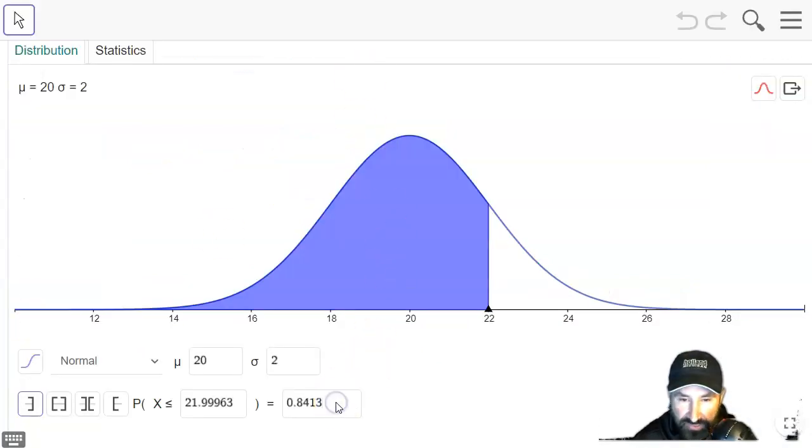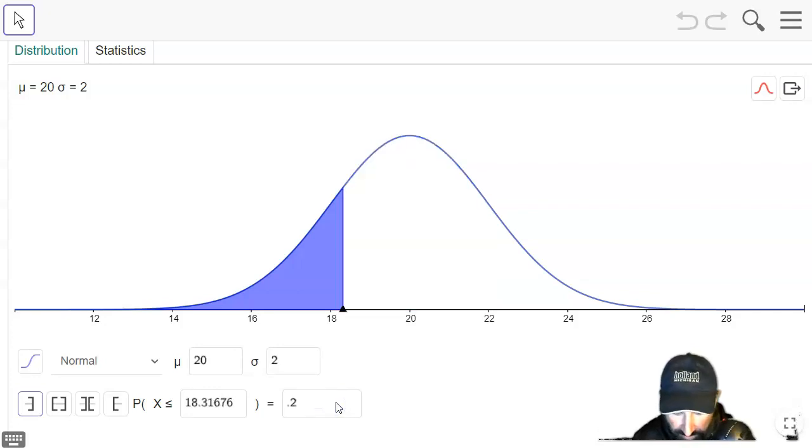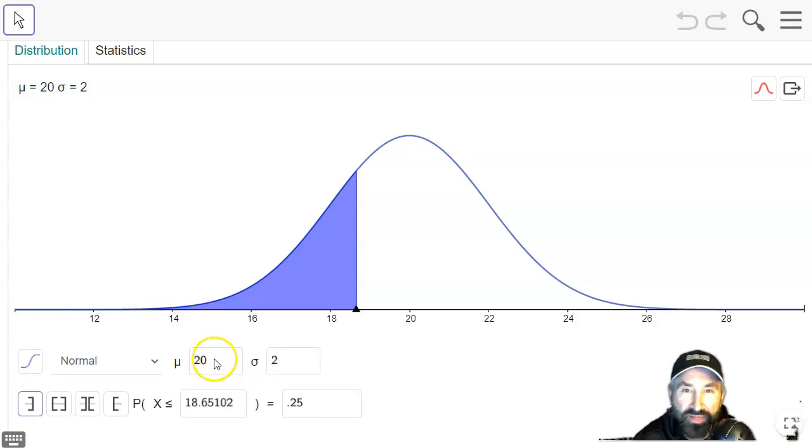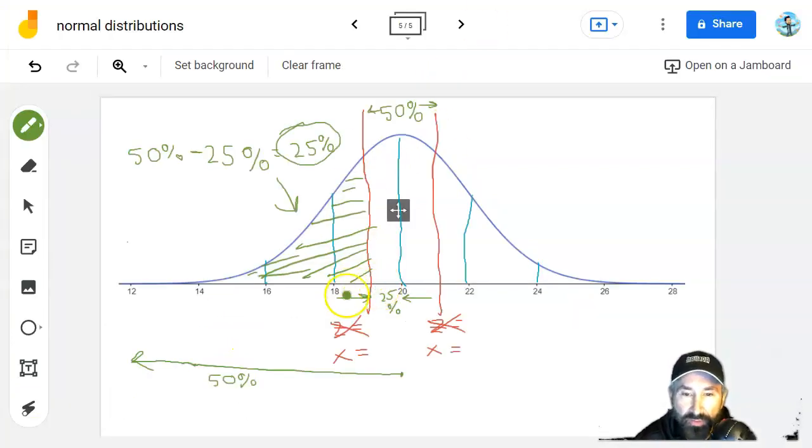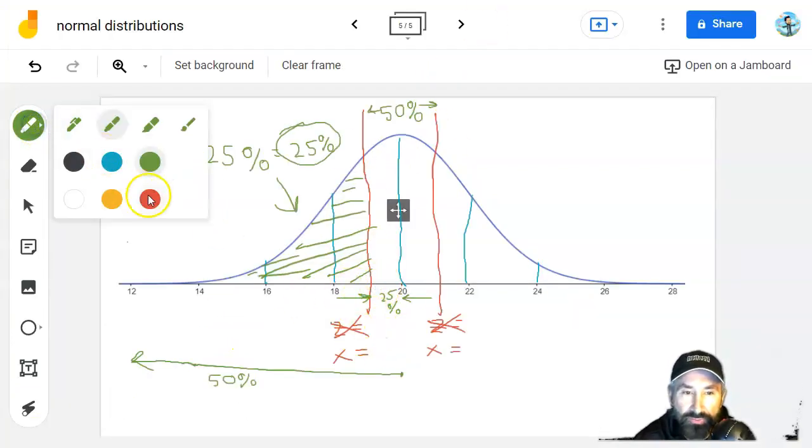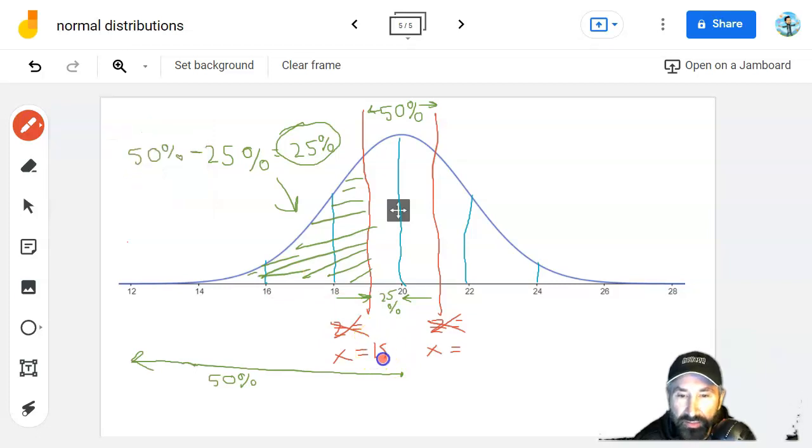So 25%, 0.25, and that gets us to 18.65, approximately. Let's see here, so we'll do red, 18.65, and that is seconds for people jumping out of an airplane. And then to get this other percent, we take this